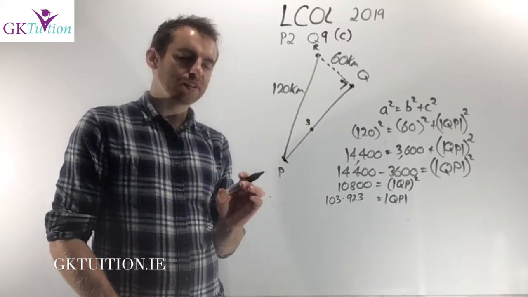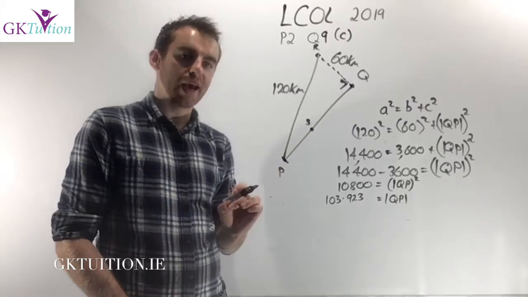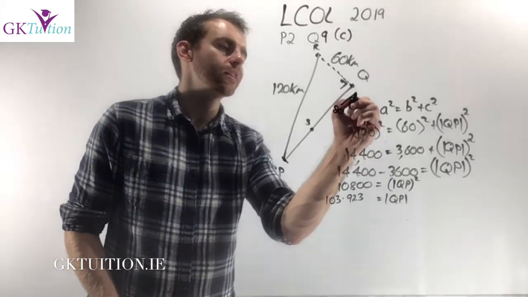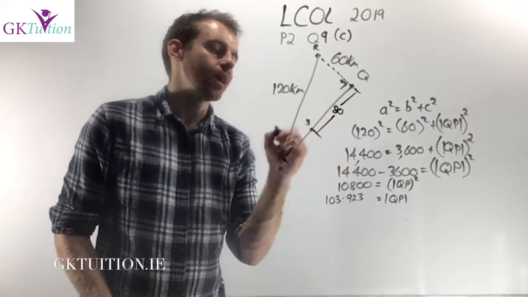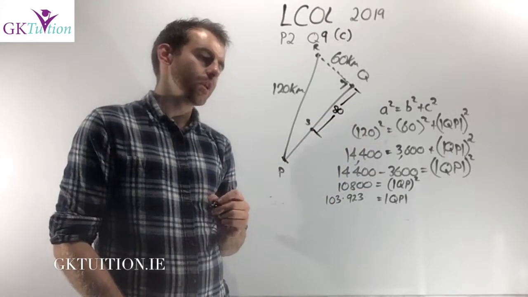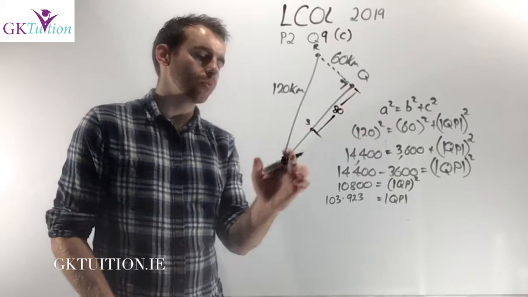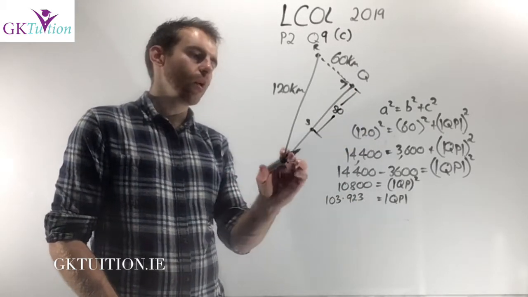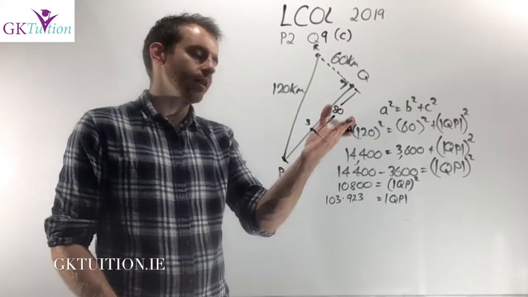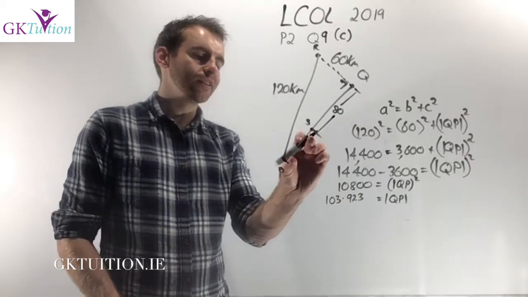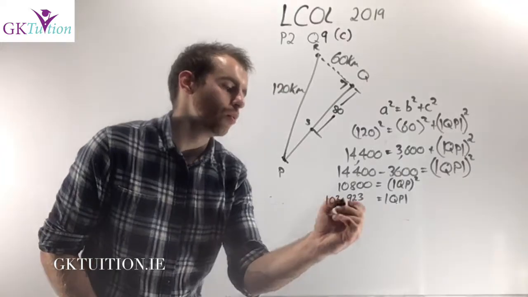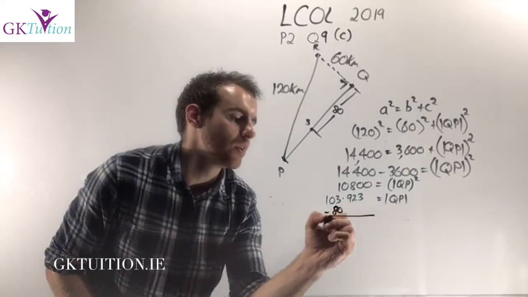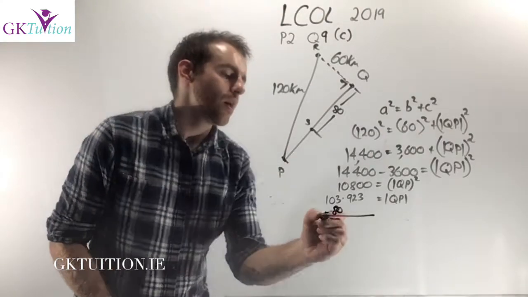Now remember, this question asked me to find the distance PS. And in the previous part of the question, we worked out that the distance from Q to S was 80 kilometers. And now we know that the distance from Q to P is 103.923 kilometers. So obviously, if I just subtract 80 kilometers from this value, I'll get the distance PS. So 103.923 minus 80 kilometers means that I'm left with PS,